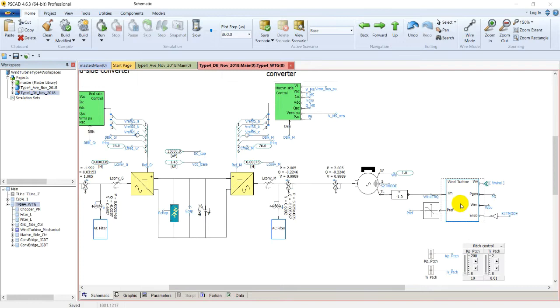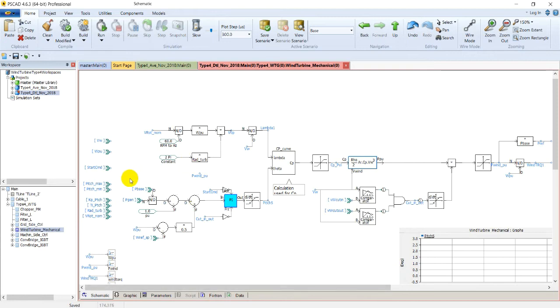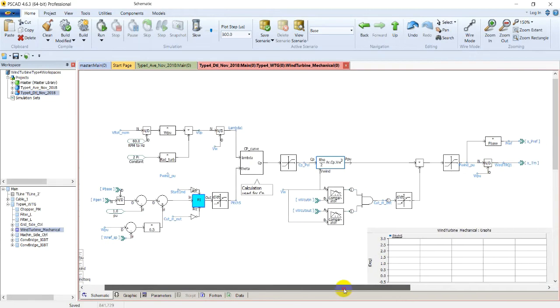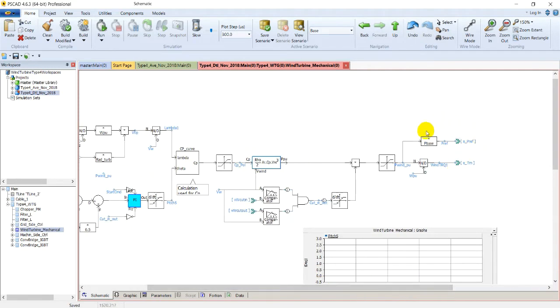Okay. We double click on this wind turbine to see its internal definition. Here you can see that this is the pitch angle controller, and this is the mathematical model of the wind turbine. This mathematical model of the wind turbine generates two signals, which are the reference power and the reference torque output. These are inputs to the permanent magnet machine, and it generates electrical power from these two signals. So going back,